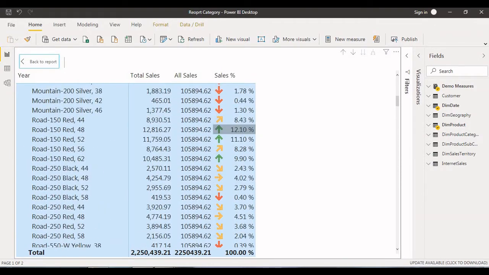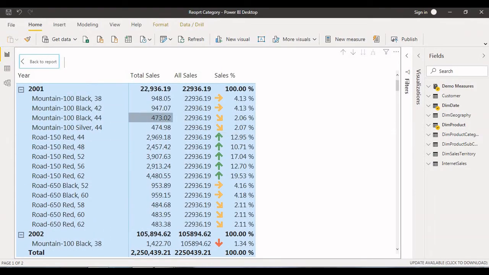So for each year, product wise, what is the percentage of contribution. For example, in 2001, this is the sales amount. For each product, what is the contribution to 2001 sales? This is 4% for this product. These four products are doing well, and the remaining products are average.